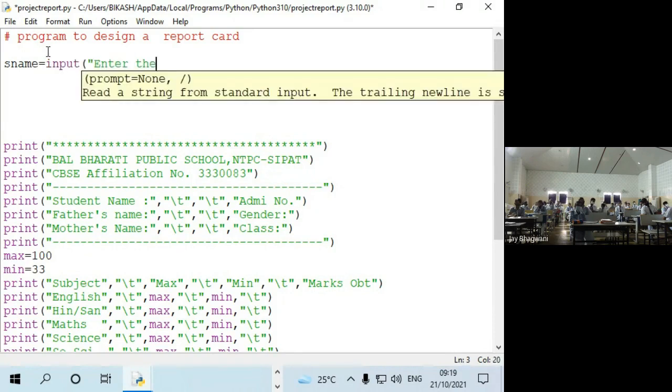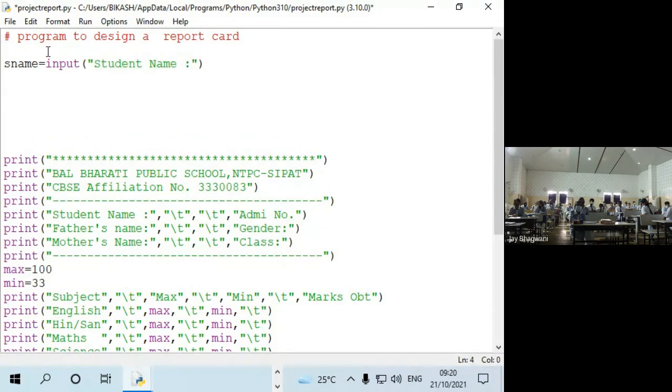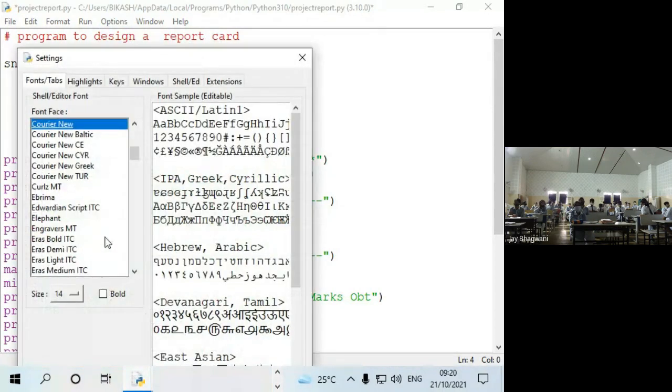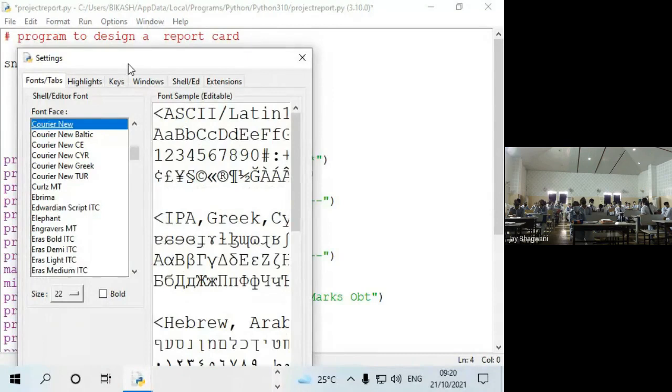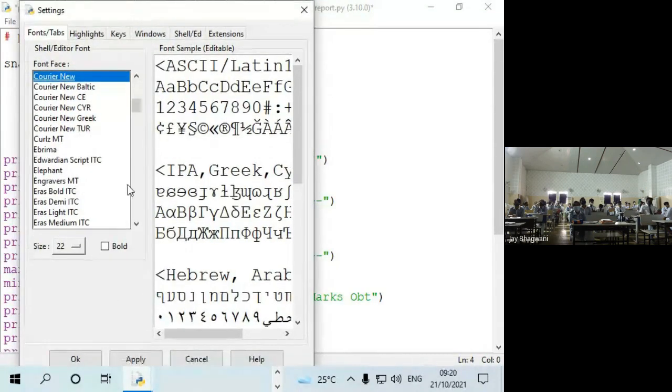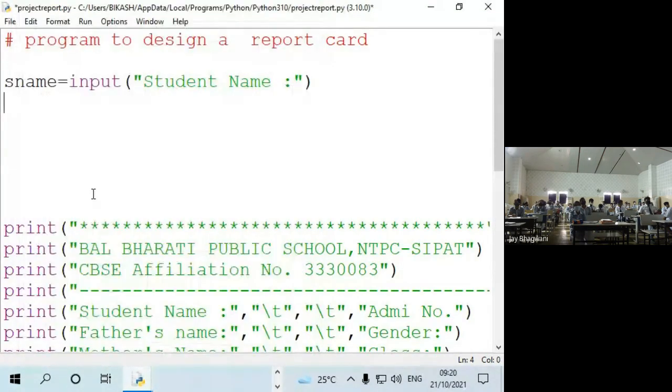So enter the student name, simple. Because name is the text type, right? So I don't need to convert it into any other data type like integer or float.